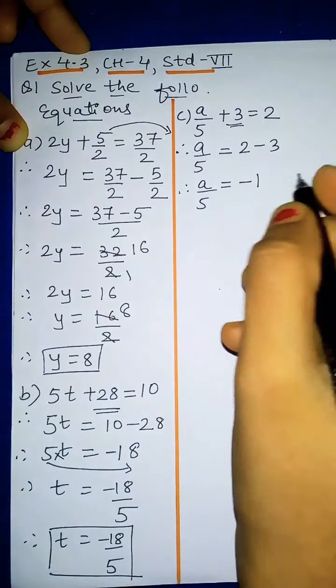Okay, now next step. 2 is removed. Now we have to remove 5. So this 5 is in multiplication with x. 5x, no sign means multiplication sign. So this is in multiplication. So this 5, where will it go? It will go down here in division. Okay. So x equal to, here only x will be left.